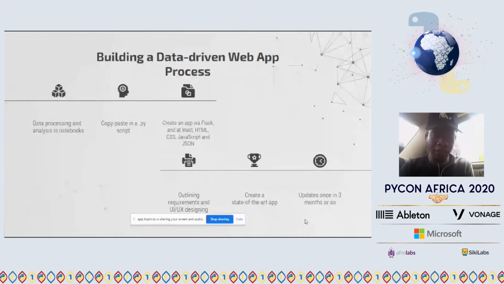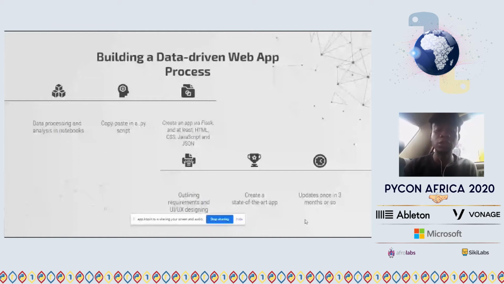so others can have access to it. And then maybe you've been working on, let's say, a recommendation engine that could, I don't know, maybe predict the best kind of clothes to wear on a particular day, or that can recommend the best restaurants closest to your particular location. So you probably want your friends and family members to make use of it. And if you're doing that, you'll be creating an app. And if you are creating an app, you'll probably be using Flask for it. And if you are using Flask, that means you'll be making use of HTML, CSS, JavaScript, and JSON at the